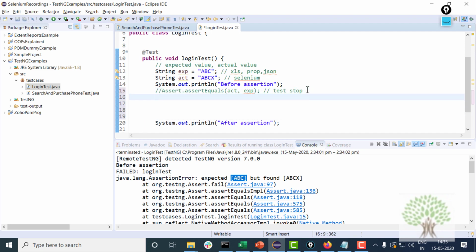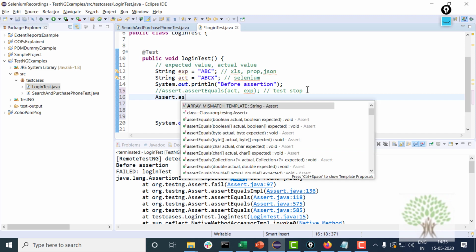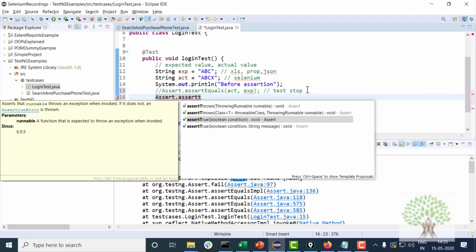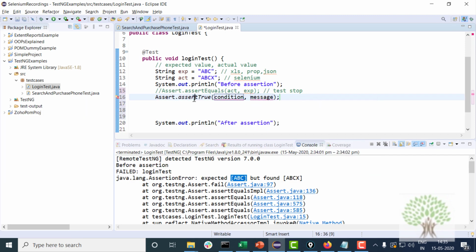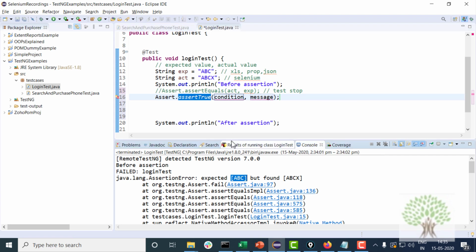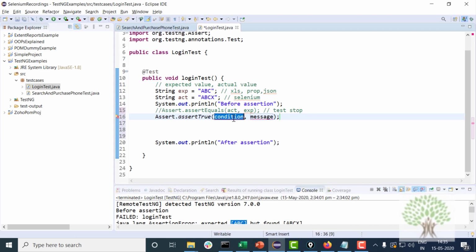Okay, now moreover, there are different types of assertions. There is also a function known as assertTrue. Over here in this, you can give some condition and a message. For example, I give a condition like 5 greater than 1. A message will be some error message.